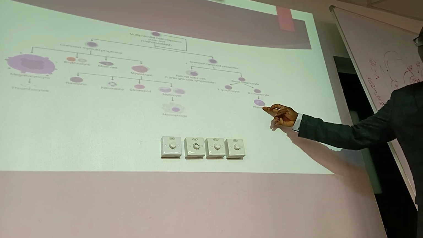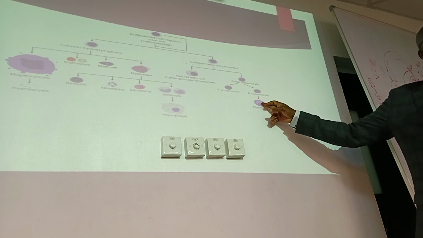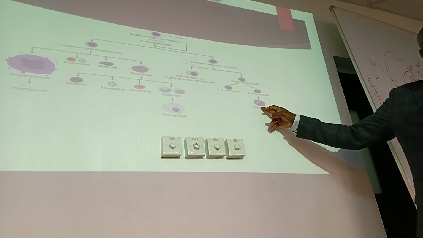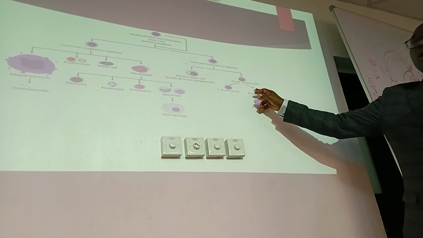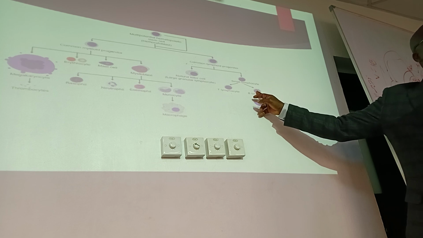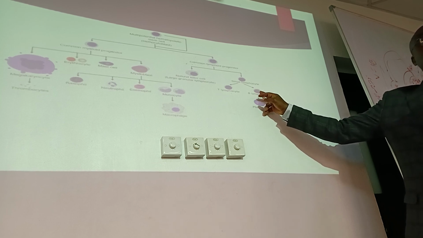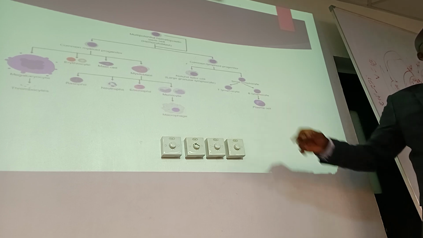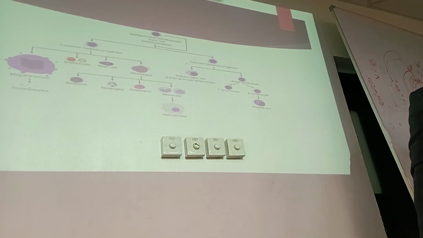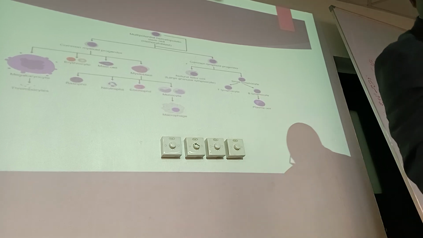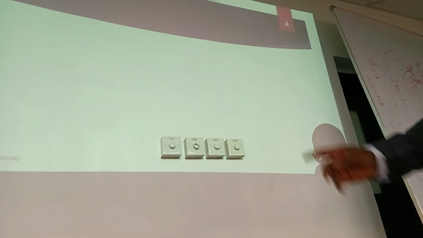If there is a problem with this differentiation, what kind of diagnosis is that? Common variable. If you cannot have this one, you cannot have B cells. You have pro B, you have pre B, but you cannot have B cells. What is the X-linked agammaglobulinemia of Bruton? So that is what I've been trying. That's why I said this one should have come first.